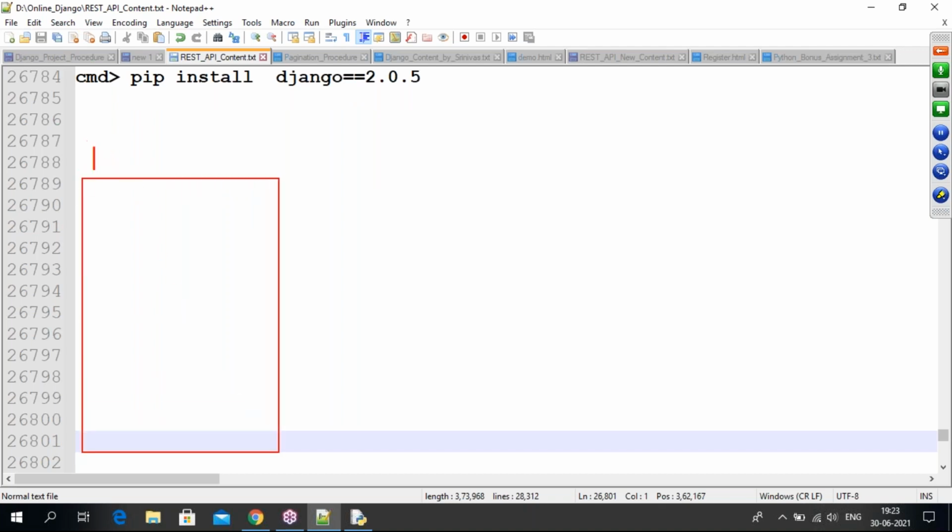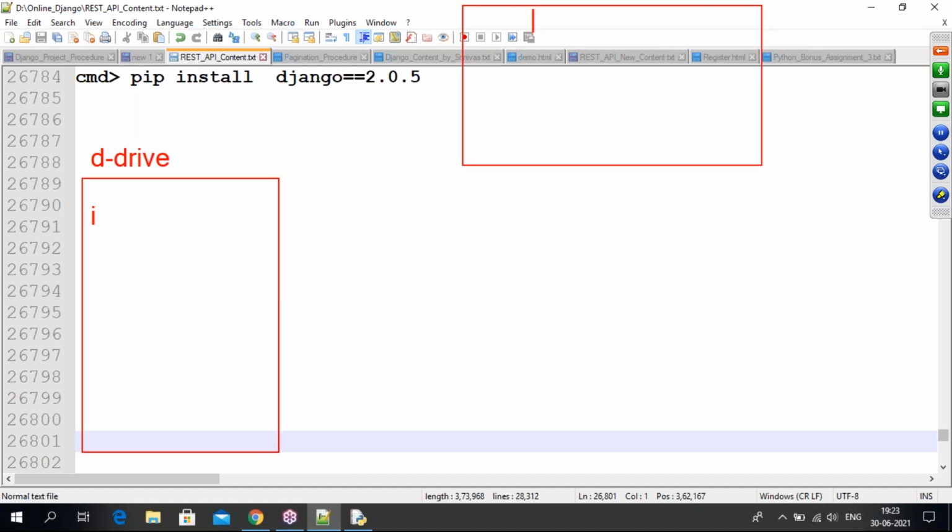Now, here I have my user defined programming, user defined modules. I'm developing the user defined module in the D drive. Here, whatever module you want, you can import. For example, predefined modules are available in the C drive, like the math module, sys module, re module, and so on. We have any number of modules.